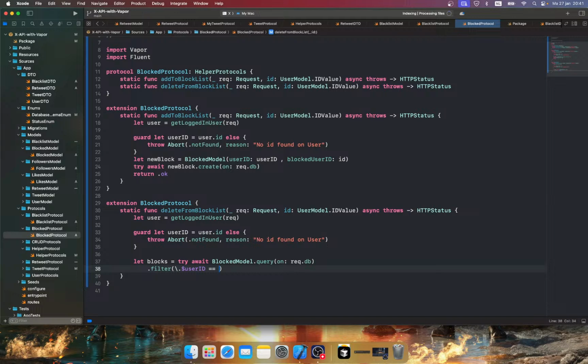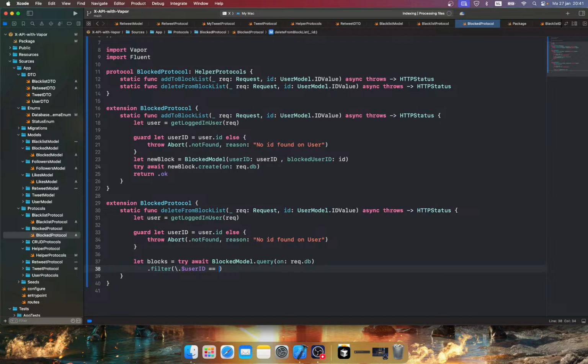Okay, so let's also check the blacklist model really quick. And in here we didn't make it conform to the protocol. Let's check. Why not? Update object and delete object. Okay, so this is not right. So let's go to the blacklist protocol. Did we make a mistake? I already see it. We forgot to put them in an extension. So let's command X, extension of blacklist protocol. And we're going to do the same for the last one. Command X, extension of blacklist